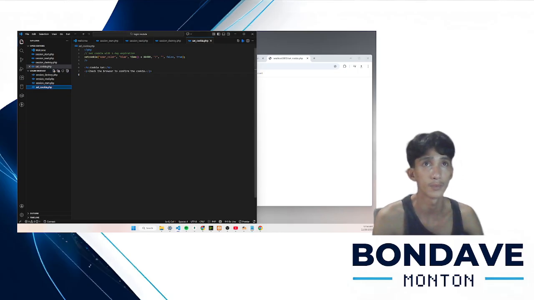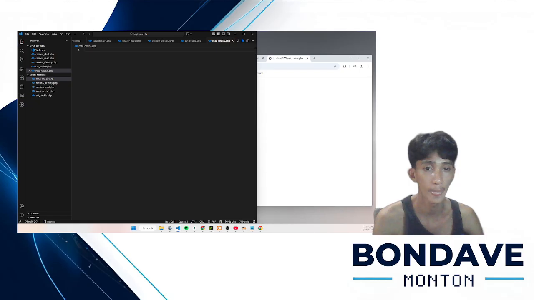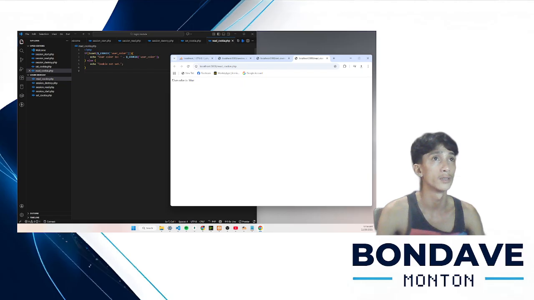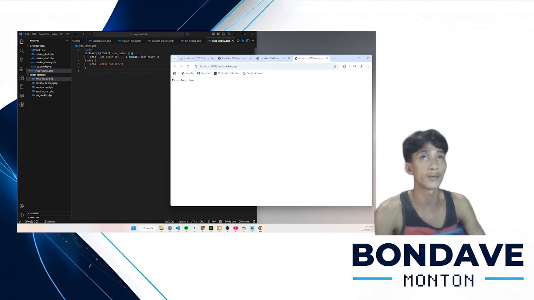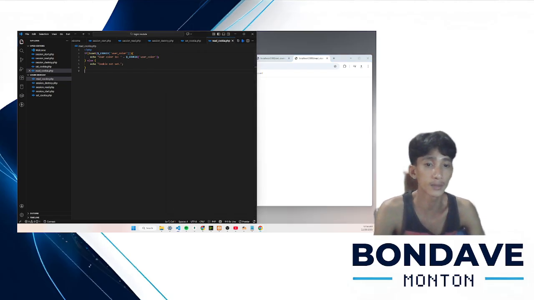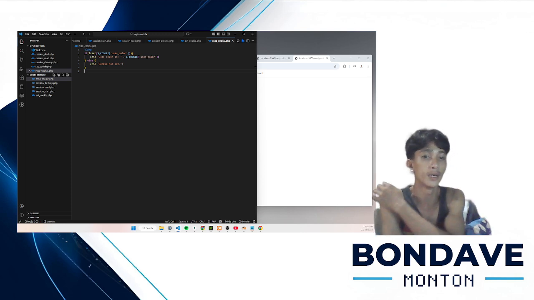Next, we'll be creating a file called read cookie.php. Then copy this. Is this open in browser? So here, right here, the read cookie.php, this page retrieves and displays the cookie value. So next step, create the PHP code to delete